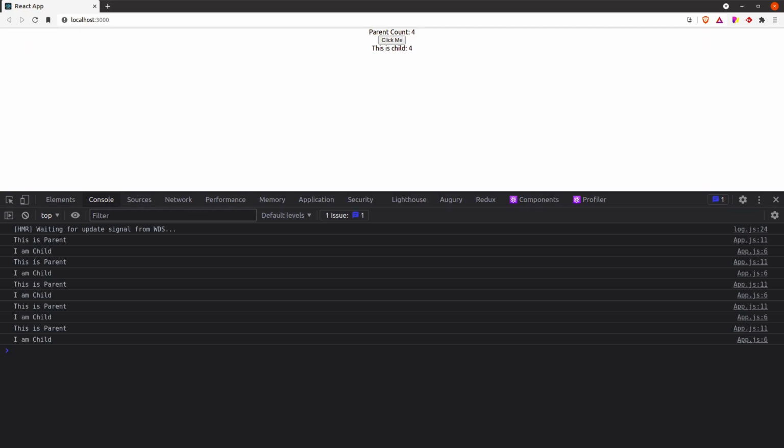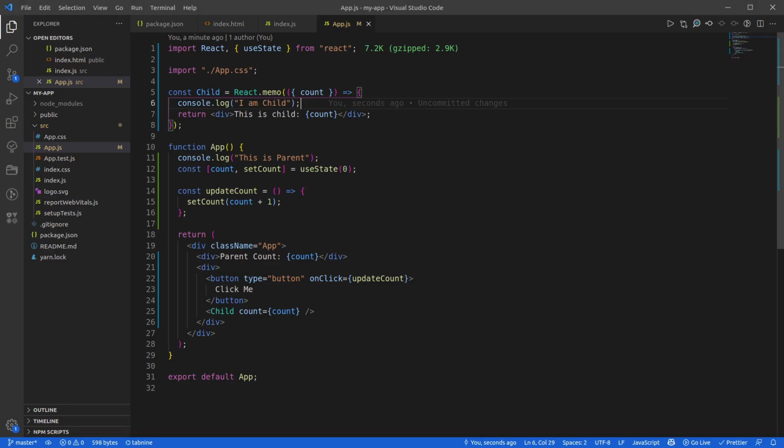Now, the interesting point here is that it gives us another answer to something you might be thinking: why not use React.memo in every component, right? Because it is preventing my component from unnecessary re-renders. Like say, if I am not using the count, or maybe I am using some other property which is not updating by clicking on this button, then it will not call my child component. So at one point of time it is preventing my re-render, right?